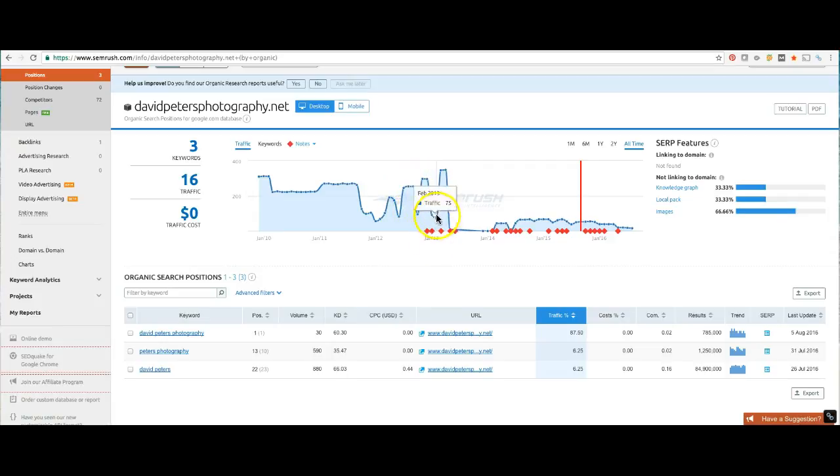And it's possible back in those days people did crazy things for optimizing sites, and some of that worked for a while, and then eventually Google caught up with some of that and then started penalizing sites. So it's very much possible that somewhere along here some kind of penalty might have happened to a site, and then he pretty much had to do a restart, right? It's hard to say without knowing the specifics. But in any case, it's sort of interesting to see that he's kind of meandering along here at 16 visits to his site each month.